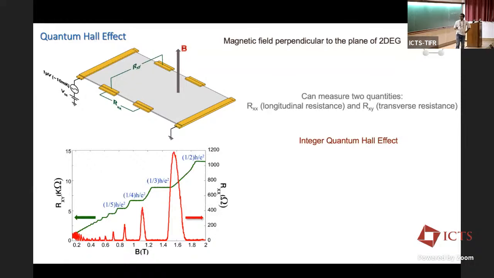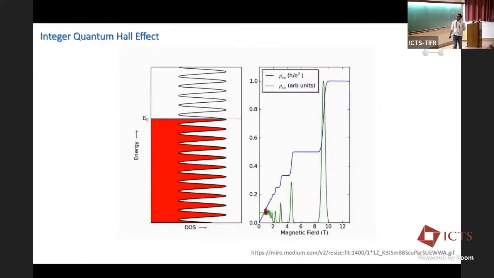But as I lower the temperature or increase the magnetic field, something beautiful happens. The Rxx now starts oscillating, going exactly to 0 at certain values of magnetic field. And at these precise values of magnetic field, the Hall resistance gets quantized exactly to values of h over e squared, with 1, 1/2, 1/3, 1/5, and this quantization is accurate to parts per billion. So the conductance is nu e squared over h, where nu is the ratio of the number of electrons to the number of flux quanta of the system, and it's an integer, while the conductance and the resistance are both identically 0. Now, why does it happen?